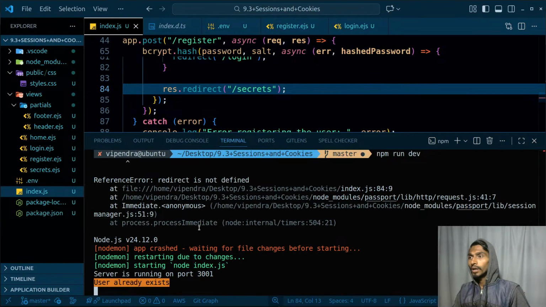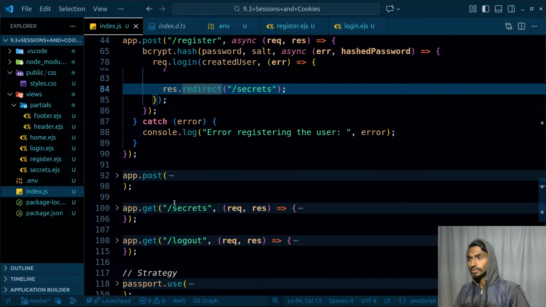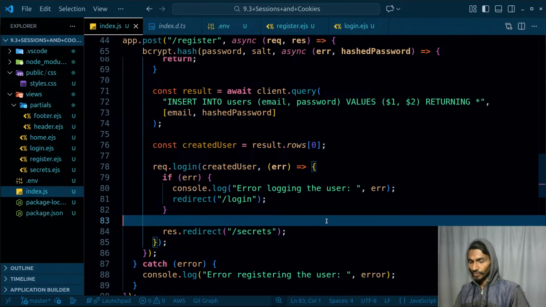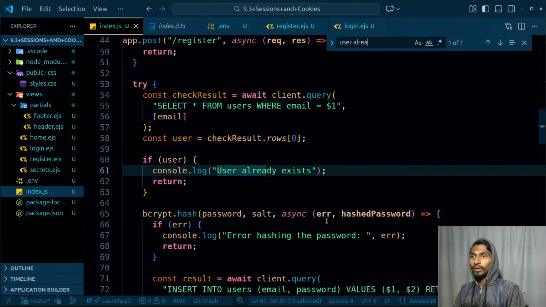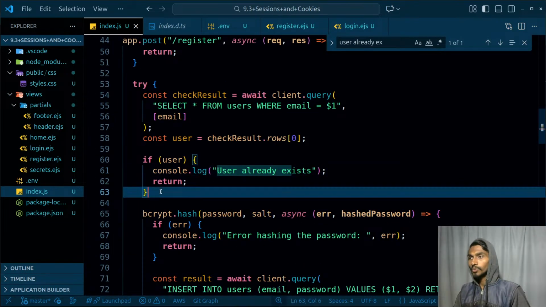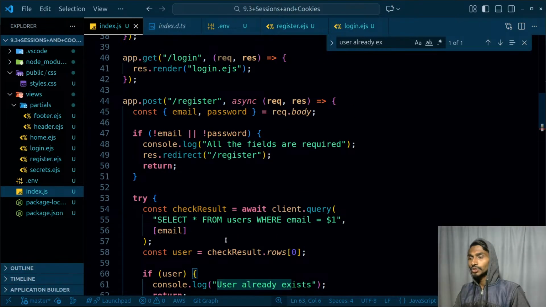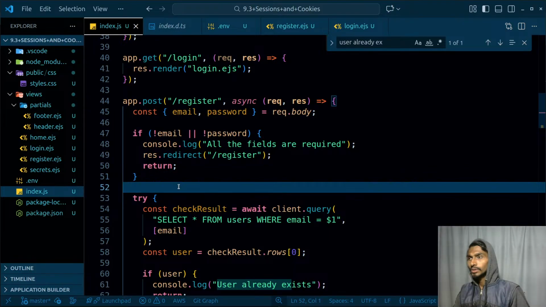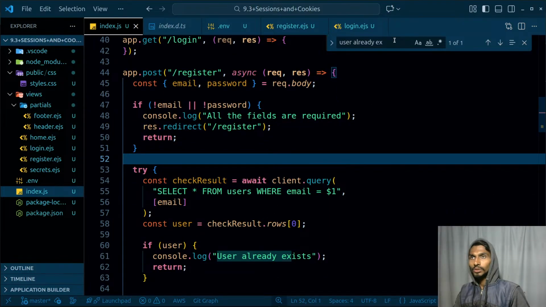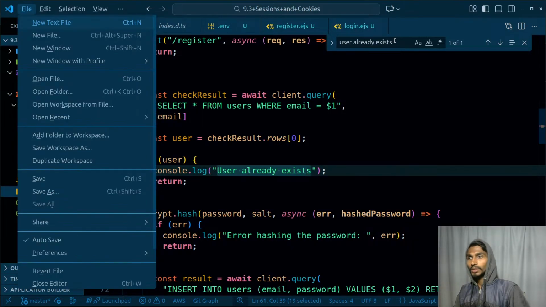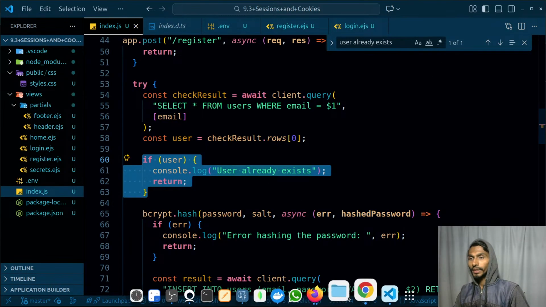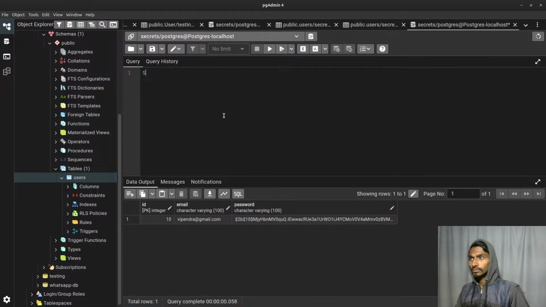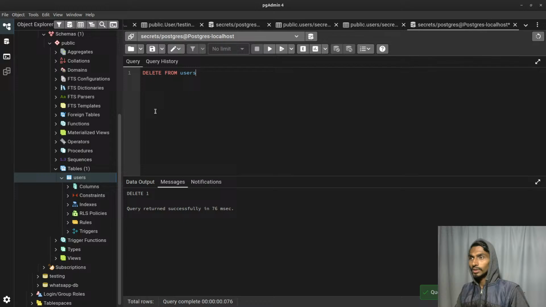So what can I do? After I'm logging in, where am I getting this user already exists? Let's even check this thing out. User already exists, so I'm getting it from here. If the user is already there, and this is the register. So whenever I try to register, it should be at two places. I'm getting this particular message and simply returning from here, and I'm deleting everything from here, right? That means